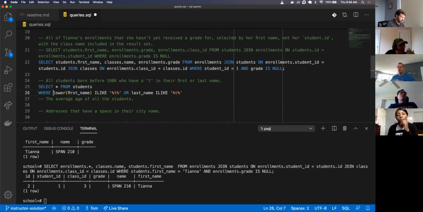Yes, that's how I ended up doing it, not realizing there was a case insensitive LIKE, so I forced everything into lowercase and compared it to the lowercase. Nice. There's also a LOWER, and I'm sure there's an UPPER. There are all kinds of different built-in SQL methods.